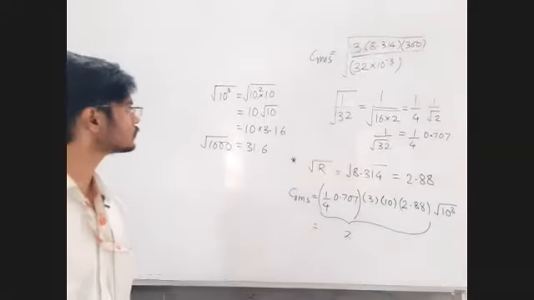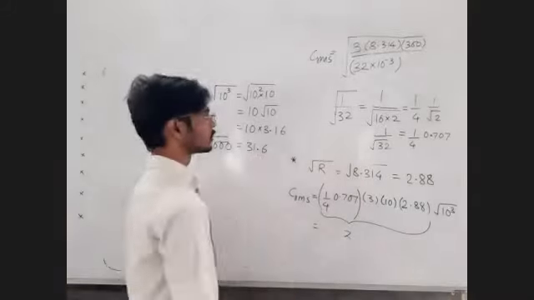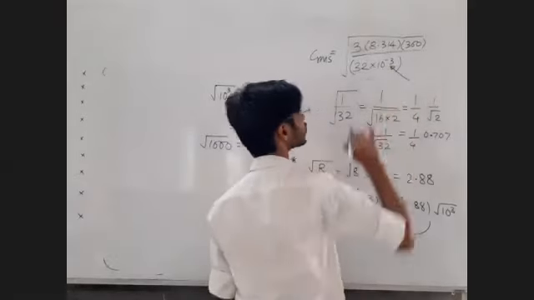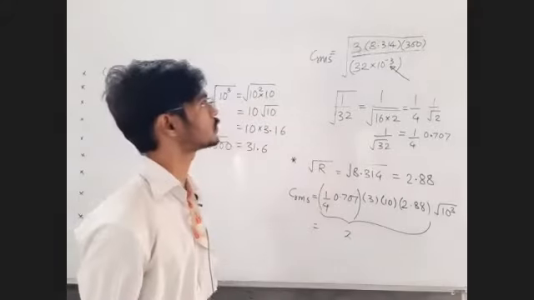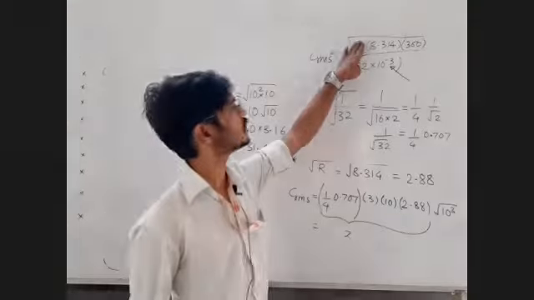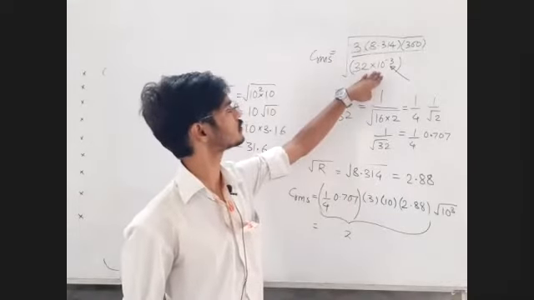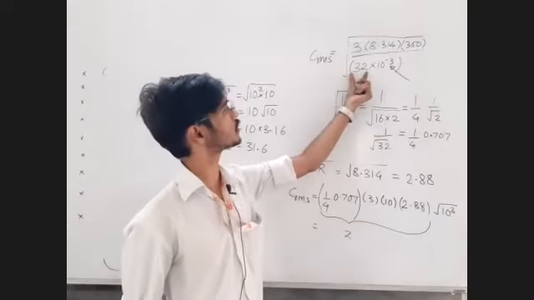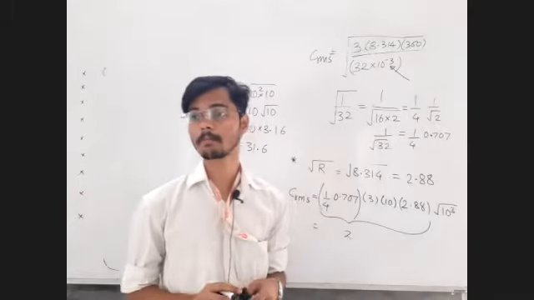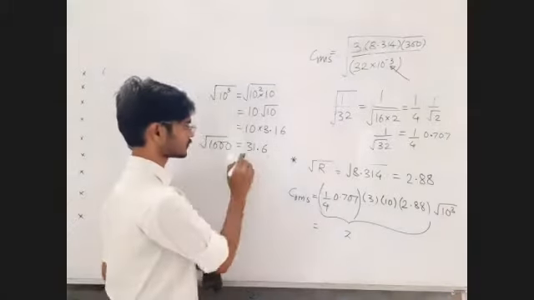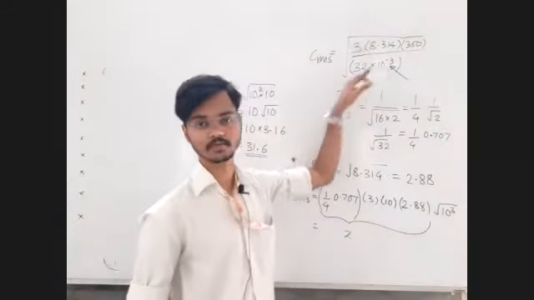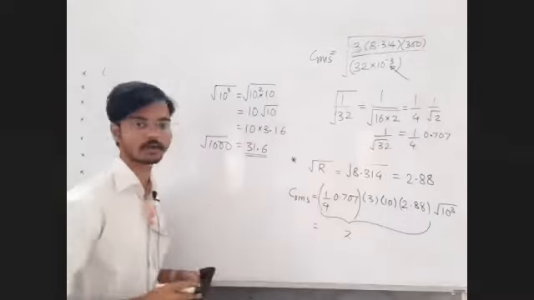Good. Fine. Now the silly mistake. Let me point out the silly mistake. You must write this 10 raised to minus 3. If you don't write that 10 raised to minus 3, it means that some values you are putting in SI unit and some values you are putting in CGS unit. It means that if you write only 32 here, certainly you will get wrong answer. And the answer will be wrong by what factor? By the square root of 10 raised to 3 factor.